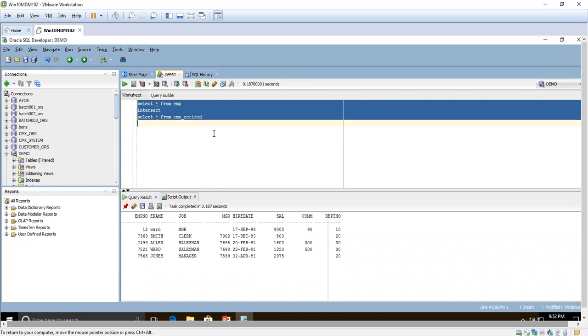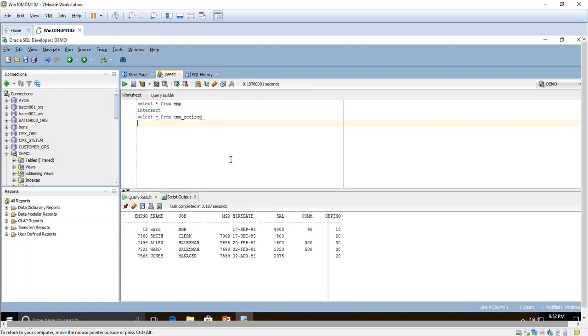See, it displays the common records. That means these records are present in both the tables. You have to exclude these retired employees from the active table.